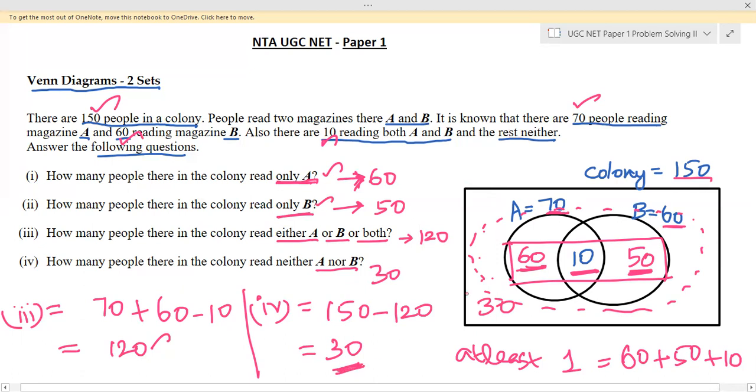So I hope this set of problems is very clear to you for your understanding of Venn diagram problems. Just have a view. And yes, once we take these two sets, it would be a very simple setup for you to understand a Venn diagram problem. And if possible, we can have another session with Venn diagram problems which involve three sets, and that would be a little more advanced than this problem.